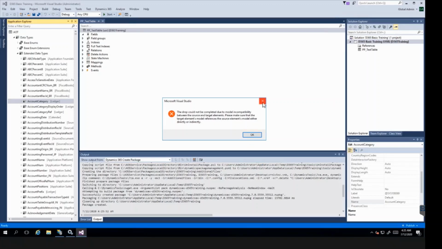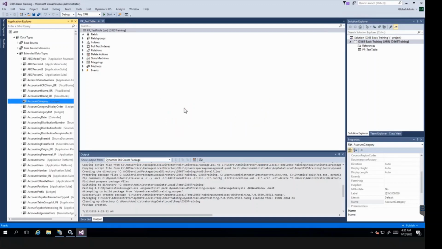So now what to do? Even in between, if you want to use any existing objects from the base models, what to do? For this we have an option to use update model parameters. So we can update our model parameters. For doing this, you should know beforehand what model you want to add to your current model. Let's say for this EDT, I want to drag and drop it into my table. See, this account category belongs to the ledger model.